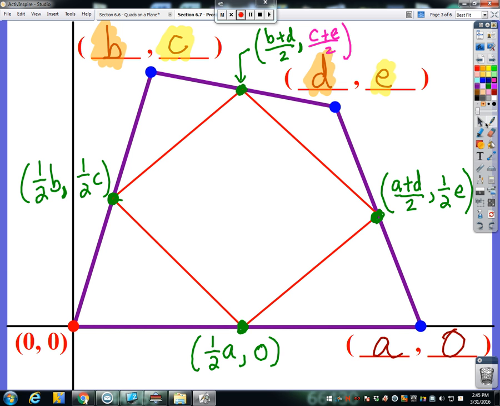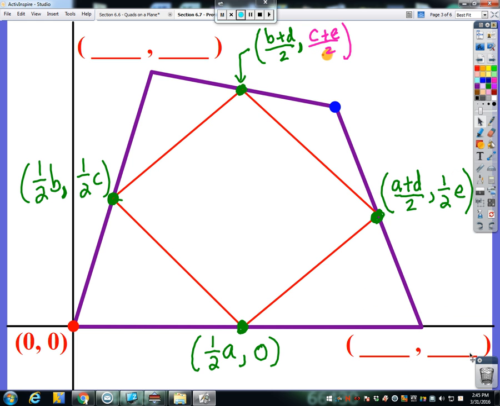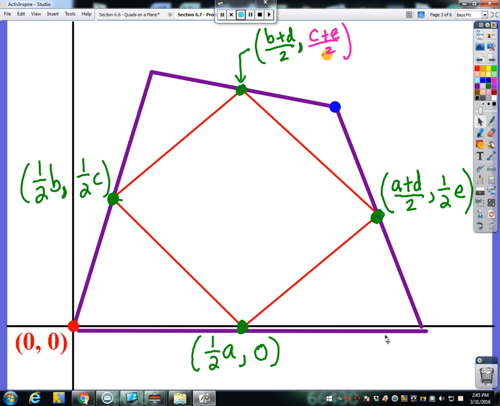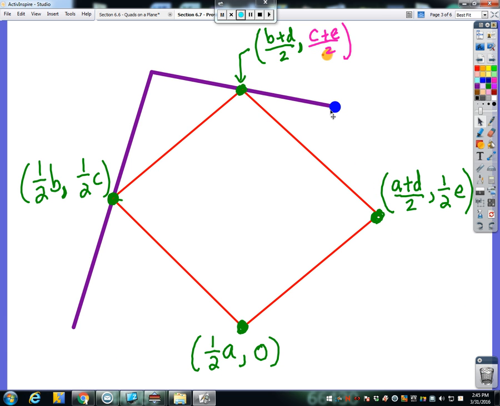Now, the math here is a little bit different because, again, we're not dealing with actual numbers here. We're dealing with nothing but variables. So in the video, I'm going to skip over a lot of the kind of slow and tedious math part of this and really just dive into what we've got going on. So let me just get rid of everything else here and let's focus primarily just on our quadrilateral we created